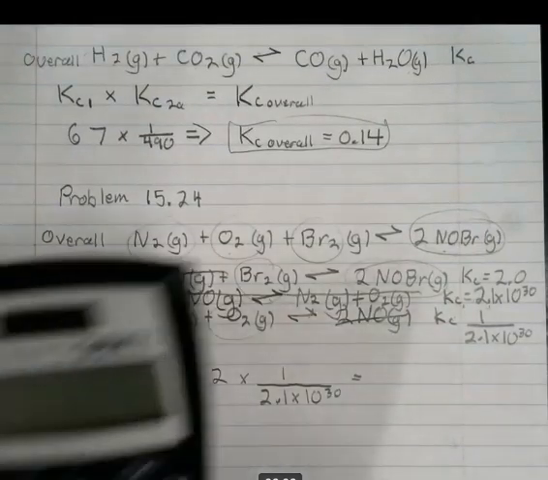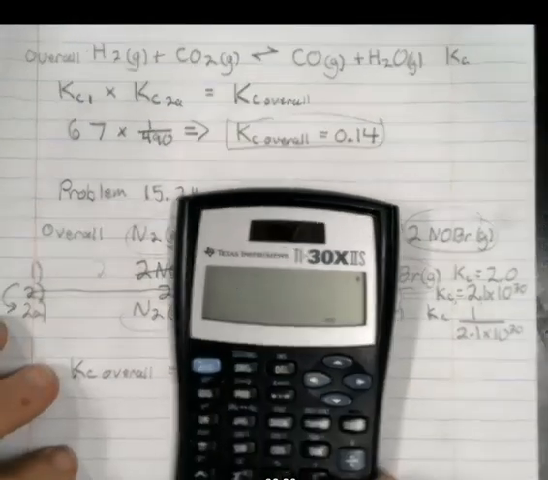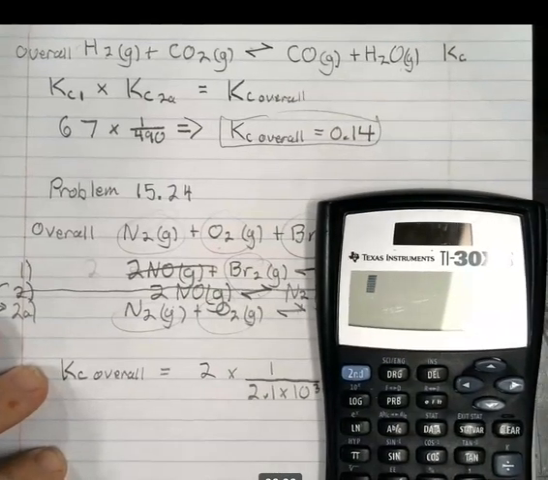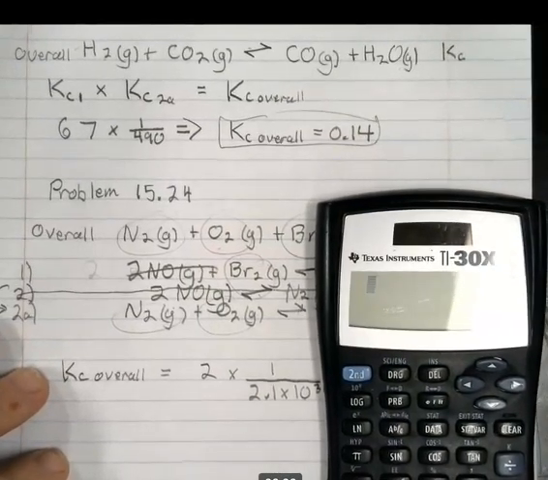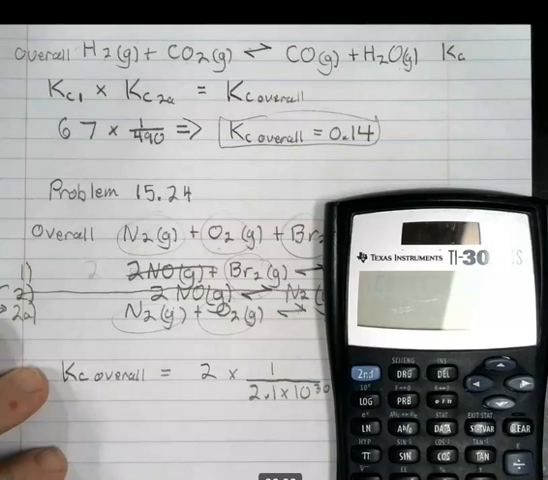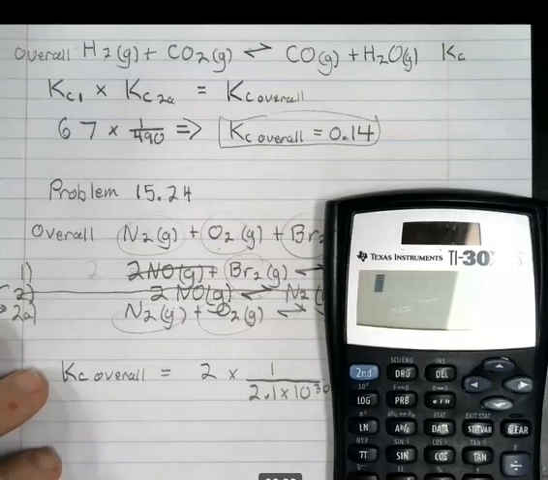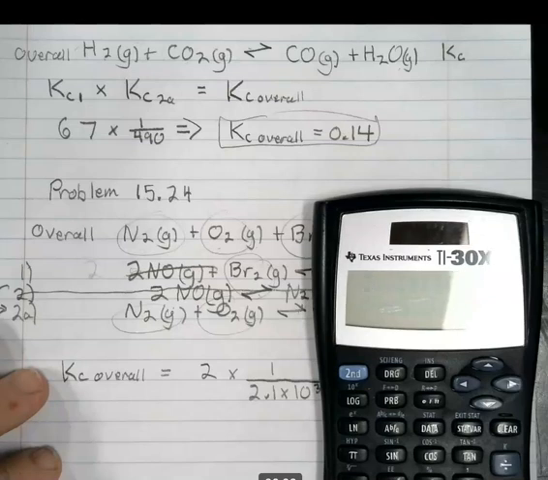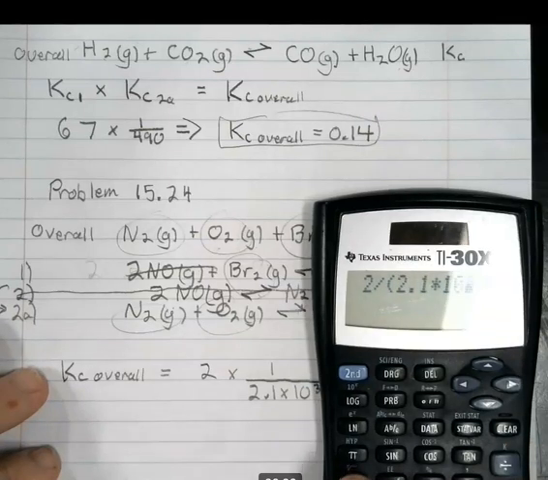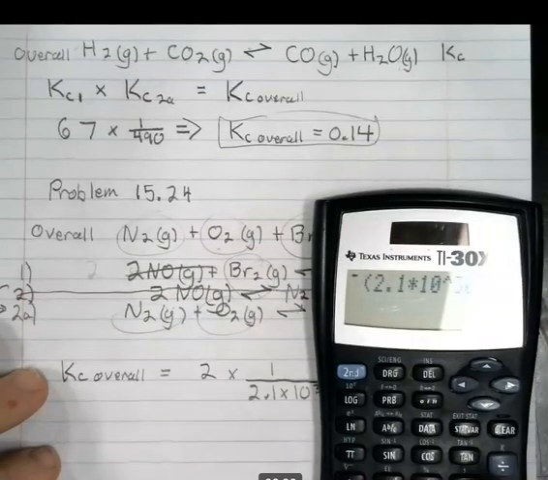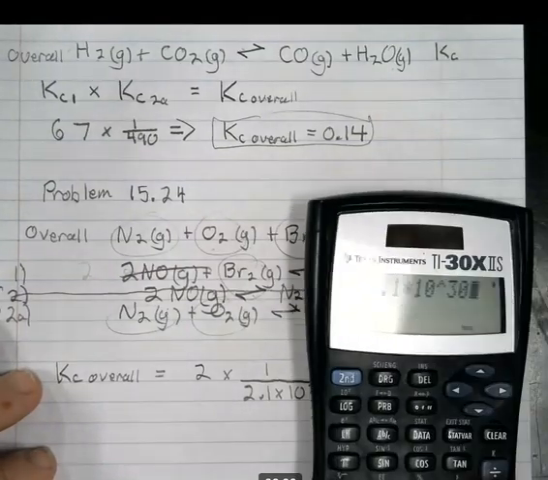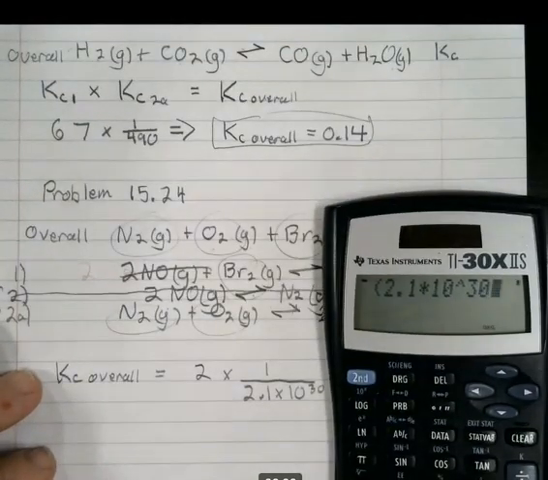Okay, so the way we run this on the calculator is it's 2 times 1 over 2.1 times 10 to the 30th. So it's basically 2 divided by 2.1 times 10 to the 30th. So I'm going to write 2, and then I'm going to divide that by, and I'm going to put this in parentheses, 2.1 times 10 caret 30. Be sure you can see this like that,